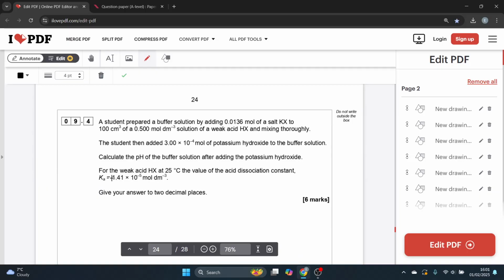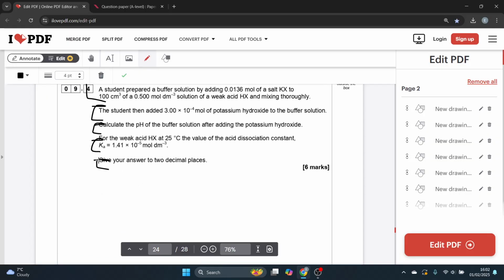Question 9.4. Student prepared. Okay, this looks very difficult. A student prepared a buffer solution by adding this much of salt, this much of weak acid, and mixing thoroughly. Student added this much, then added. Okay, so I'm going to work with it in steps. So obviously it's already given pH, so I already know pH to 2 decimal places anyway. So first thing I'm going to do is